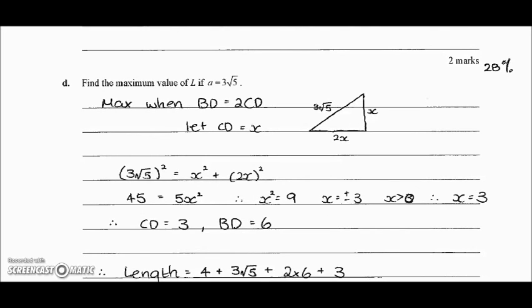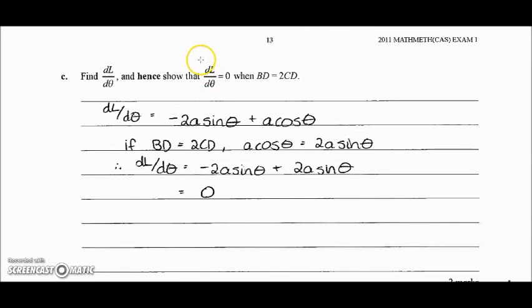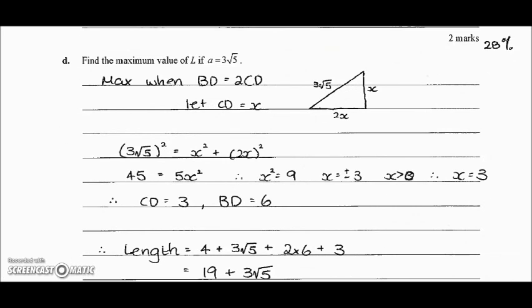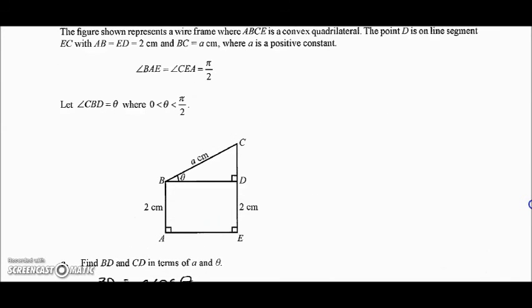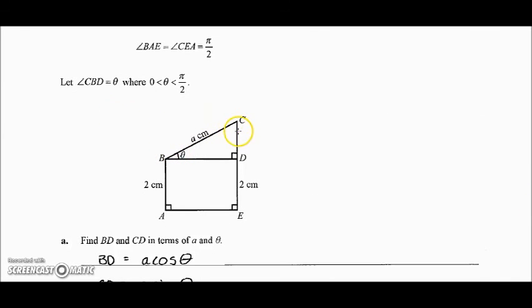But the key was that we were told that dL d theta is equal to 0 when BD equals 2CD. So they've told you, well, if dL d theta equals 0, that's going to be where the maximum is. But that happens when BD is equal to 2CD. So we don't actually really have to worry about the derivative. We've been told that BD is equal to 2CD. So here's the triangle from the diagram up here. This is 3 root 5, and this length here is double this length here. So we can actually just set up